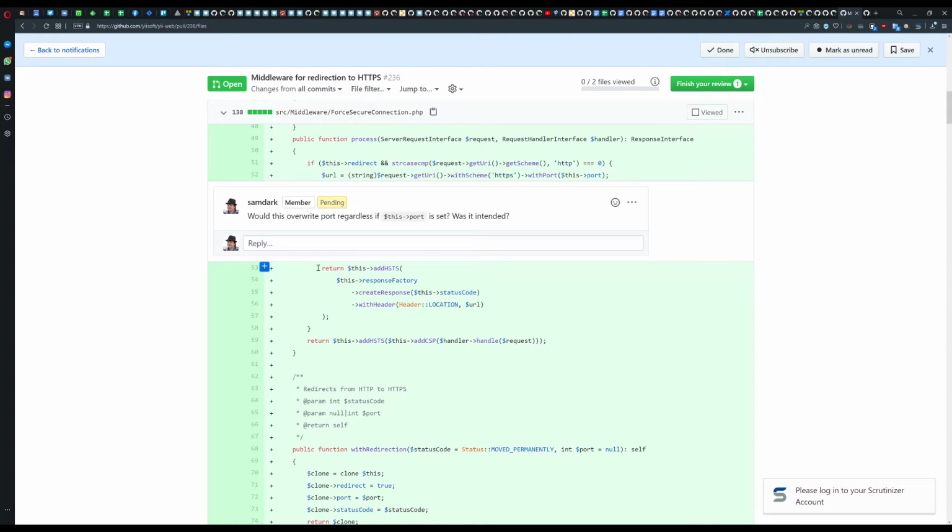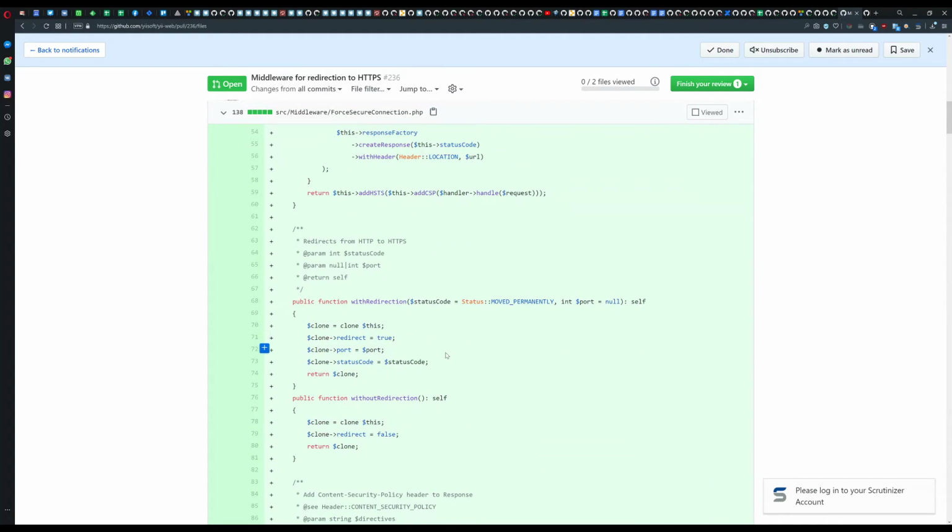Wait. So you're returning a response? Oh, that's a redirect. And here it's not a redirect, we're just passing it to be handled by other middleware. That's fine. With redirection, moved permanently, import self, yes, the cloning is present, then clone redirect true port status code